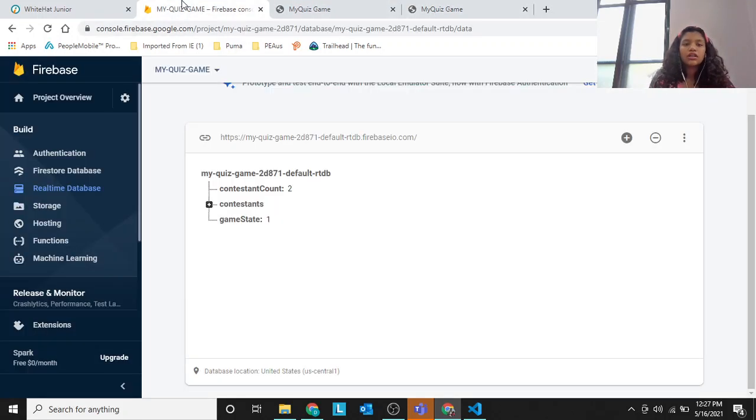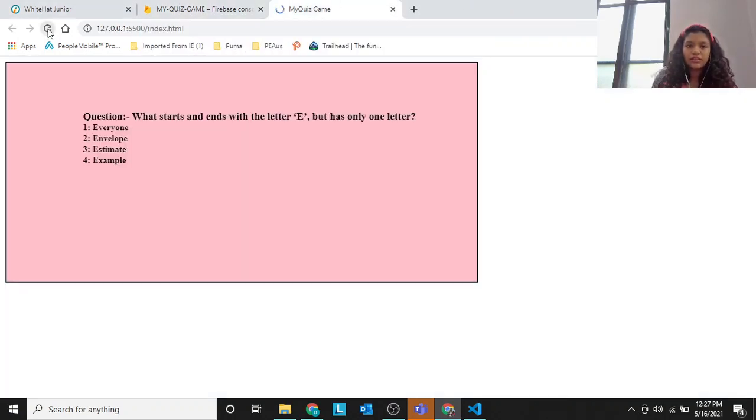Now you can see that we actually started not with the contestants. We didn't have to make this, but it automatically sets this node, and then you can see the contestant count is 2 now and the game state is 1. Now I'll just cancel this tab, and then in this one,